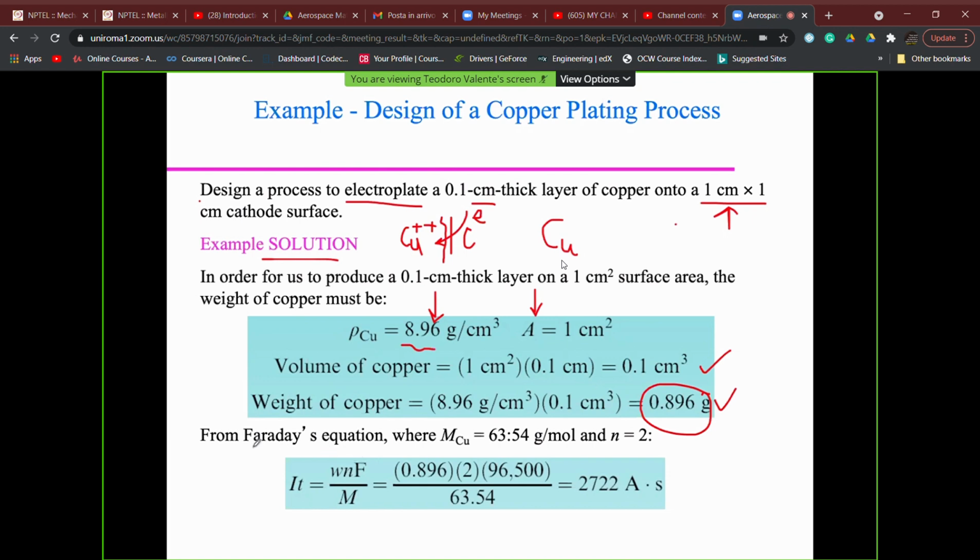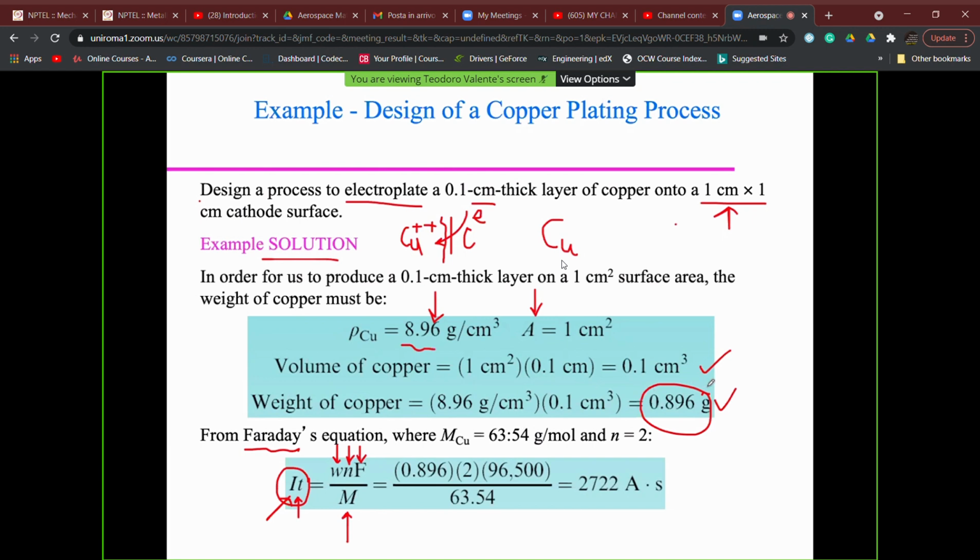Now we need to remember that for these chemical reactions, and that's another chemistry concept, there is a very important equation, the Faraday equation, which is able to put in relationship the charge quantity, which is the current I multiplied by the time t, with the weight, in this case the weight of copper, the number of electrons involved in this reduction reaction, the Faraday constant F, and the atomic weight, in this case M, of the element under investigation, that is copper.